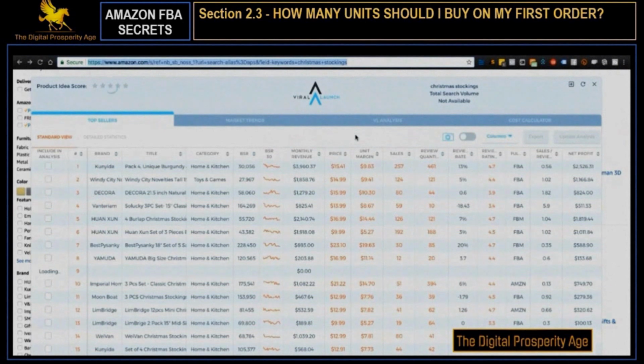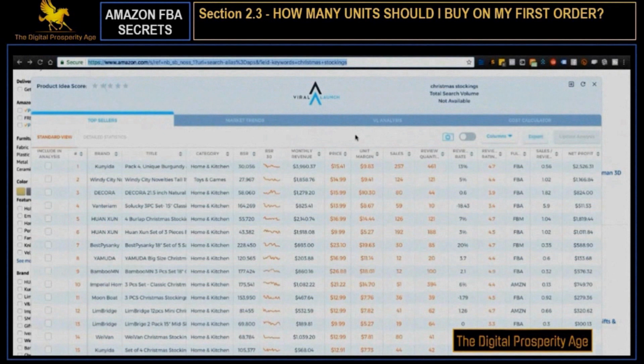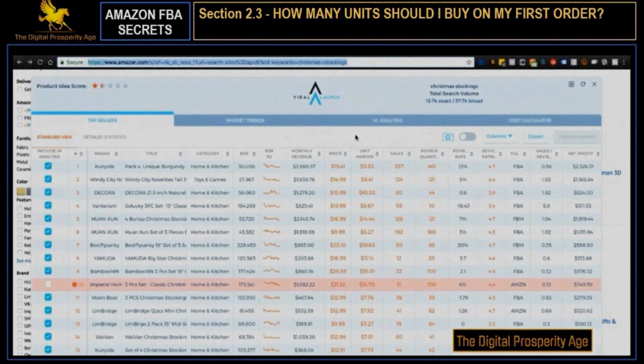Once you have per day, I multiply that by 90 days because I like to have 3 months stock. I like to order 3 months stock because that's generally how long it takes to reorder. So once you start to get a little bit lower, then you reorder, right? Once you get your feet wet, once you feel those sales, once you start to see, okay, this does work, I can make a bunch of money doing this if I'm doing things correctly,